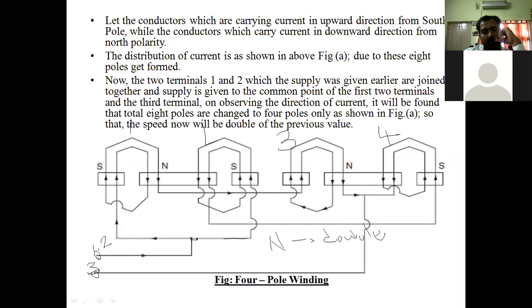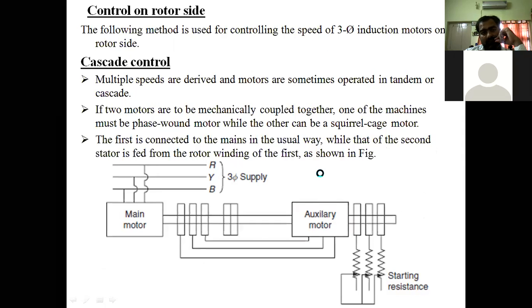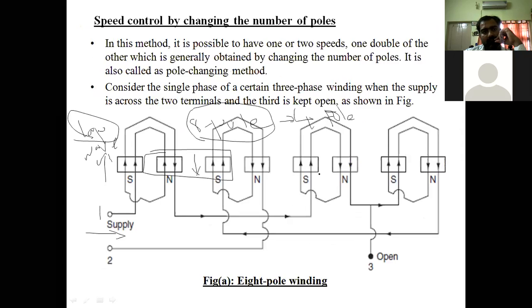So here at this point, the current is going to be divided. What is the supply current? That is I is equal to IL, the load current. Sorry, I. This is passing in both directions. So by this, we are going to reduce the 8 pole to 4 pole, and by this reduction, we get double the speed compared to the 8 pole system, right? So these are the methods we have done at the side of your stator.